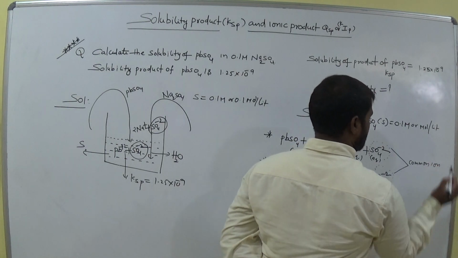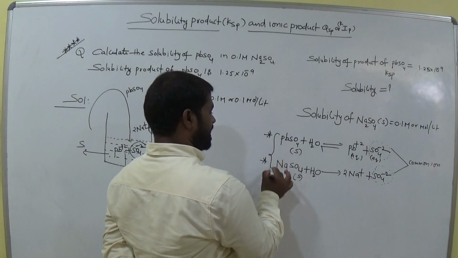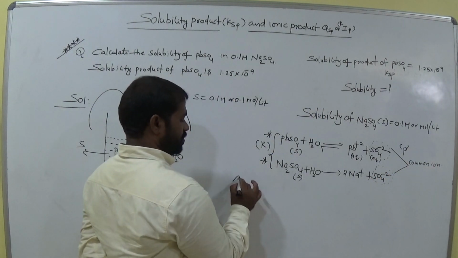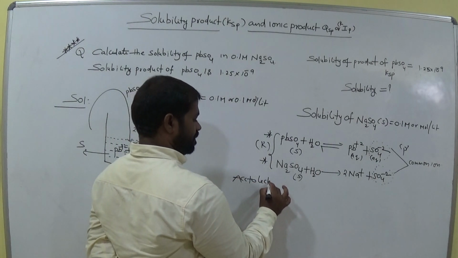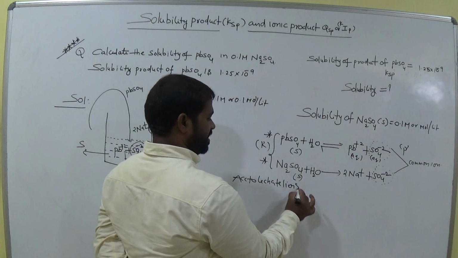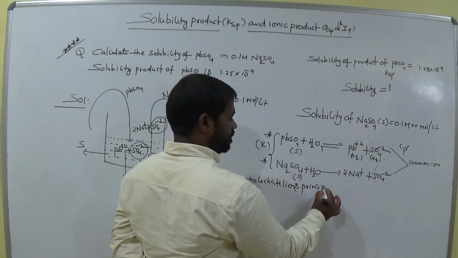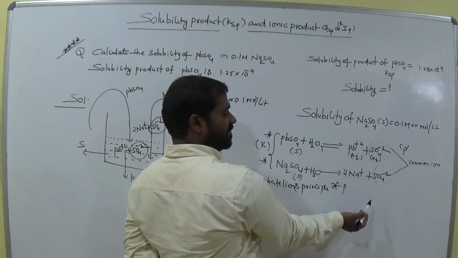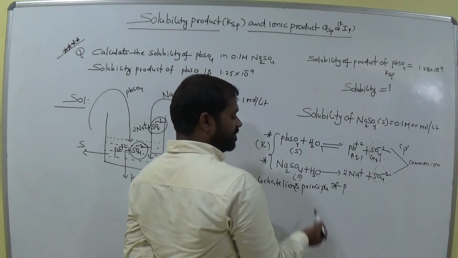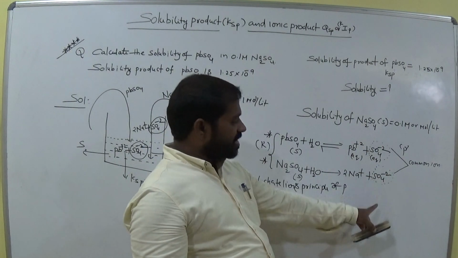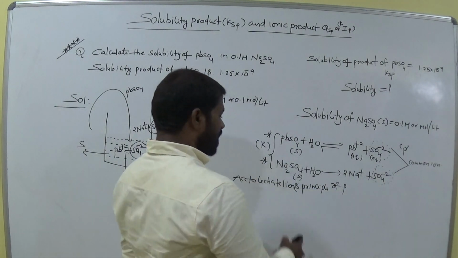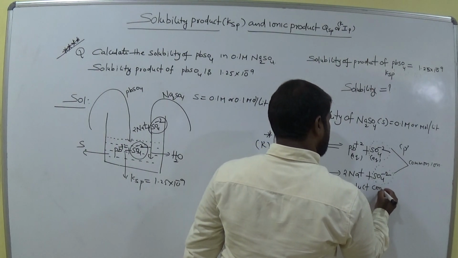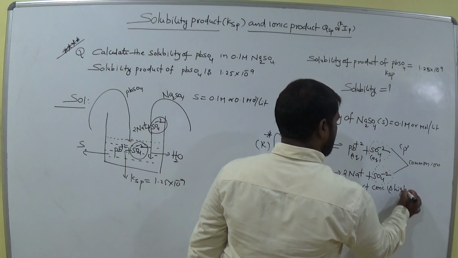Common ion. Am I right? That means these are the reactants. This is the product. Am I right? Product side. According to Le Chatelier's principle, if product concentration is high or not? Why? Because sulfate ion concentration is high at the product side by this compound. Am I right? Sulfate ion concentration at the product side increases or not? Increases. So according to Le Chatelier's principle, if product concentration is high, then what will happen?